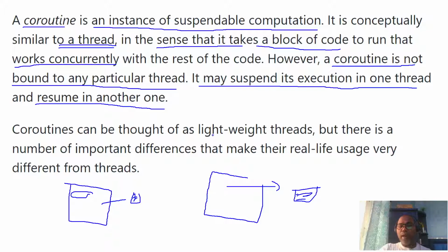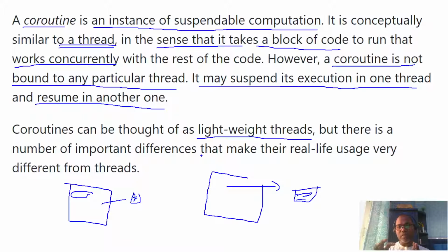A coroutine can be thought of as a lightweight thread. Similarly, there are a number of important differences that we'll discuss later. But just assume, as we have learned many times about threads, they are similar in nature to coroutines. Threads also offer a block of code executing concurrently. Coroutines also offer a set of code running concurrently, but as a suspended computation.